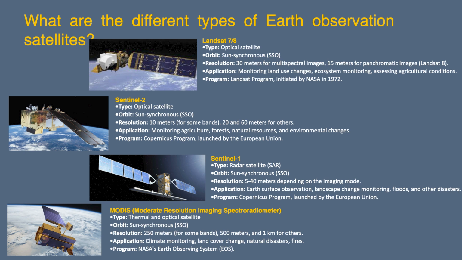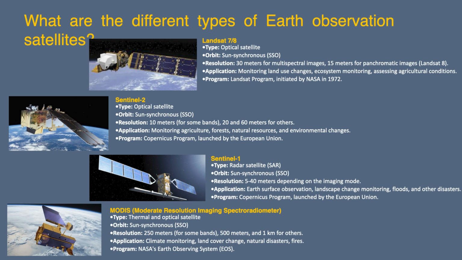In this orbit, satellites fly over the Earth's poles and are always in the same position relative to the Sun. This allows them to pass over the same area at the same time every day. This is useful because the satellite can watch changes over time. Satellites in sun-synchronous orbit can also reduce shadows to take clear pictures of the observed area.